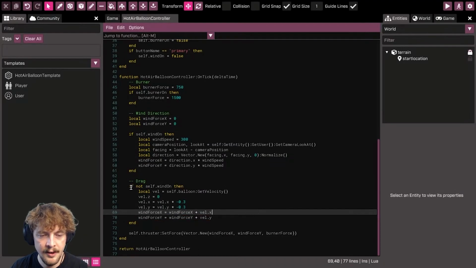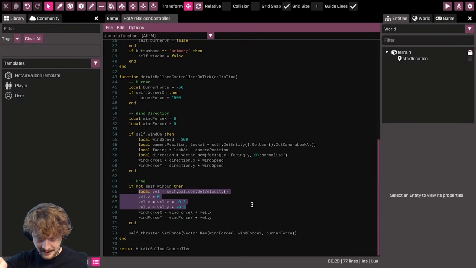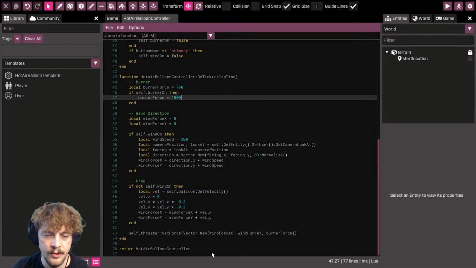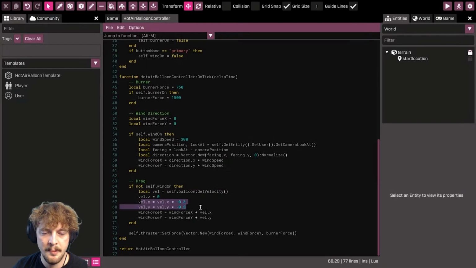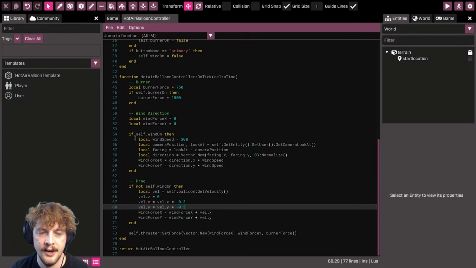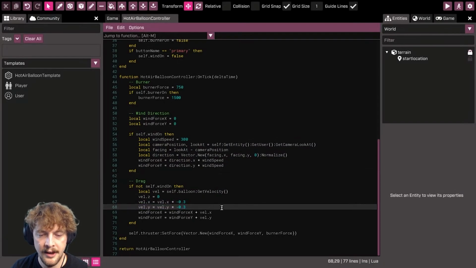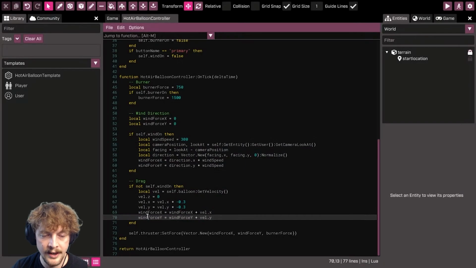Okay. So we've got our drag. We are working out how fast we're traveling in two dimensions. We're not worrying about up and down. Up and down's taken care of with this burner, already sorted. So we're just working out how fast we're traveling on a flat plane, and then we are applying the opposite force to that if we aren't currently blowing in a direction. We're currently not using the wind to blow ourselves in a direction, we're applying an opposite force to that, and then we're adding it to our wind force x and y